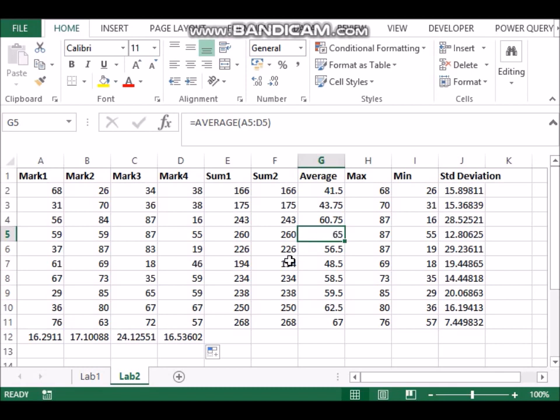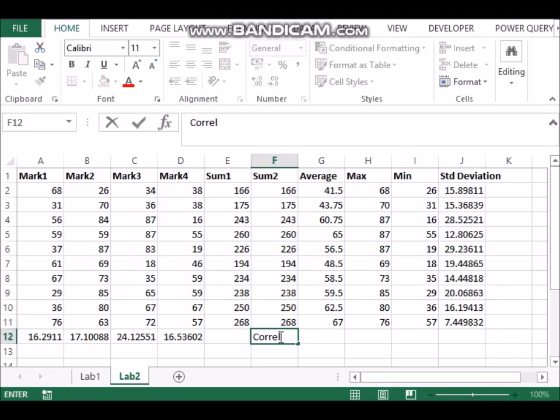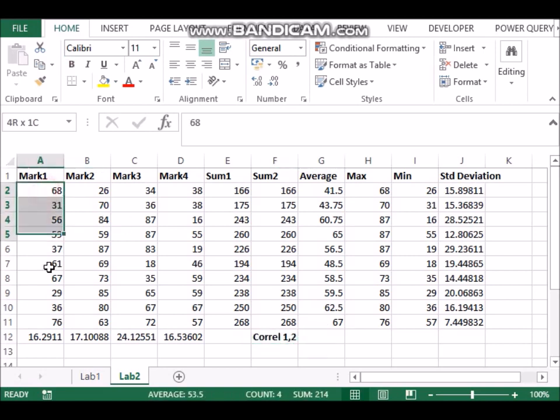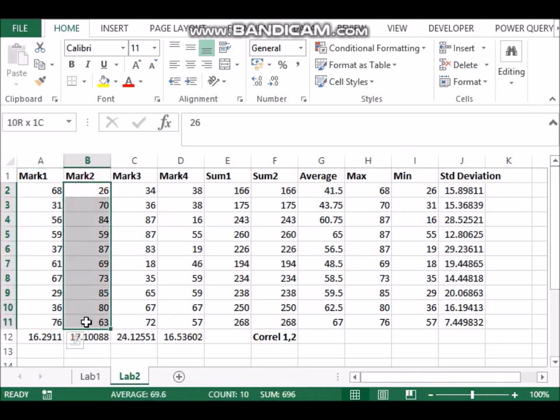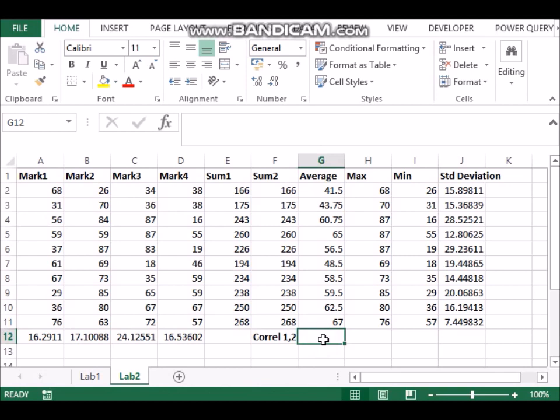One last thing we want to do is, I want to see, is there a correlation between students' first mark and the second mark? Like in these marks, if somebody does well, does he do well in the second test also? Is there a connection? Normally in a class there will be, but we have used random functions, due to which it won't work. The correlation will not be very high.